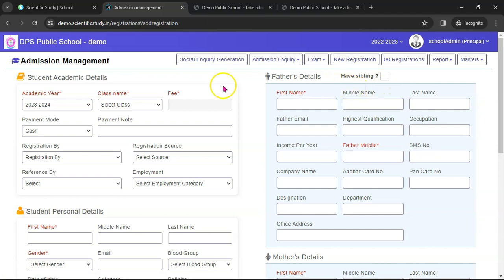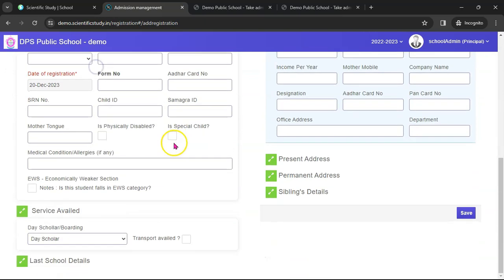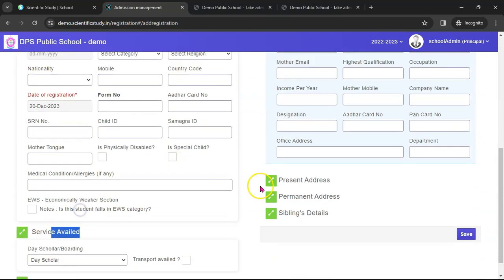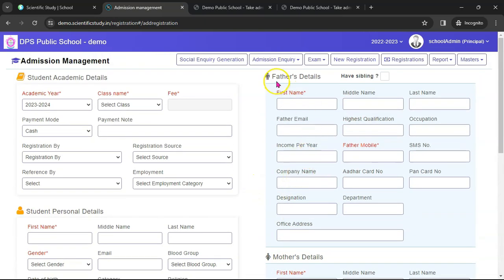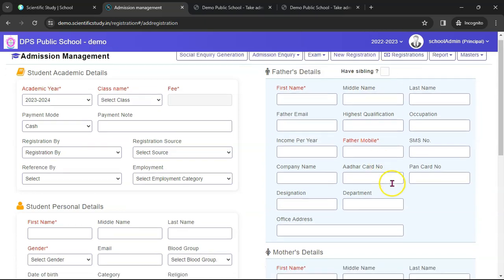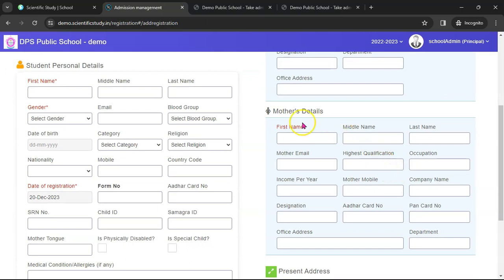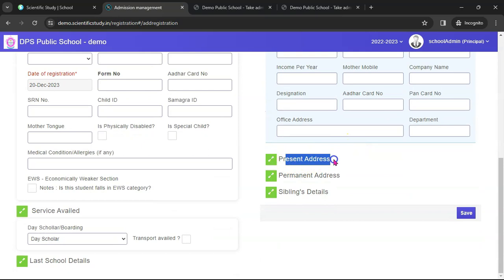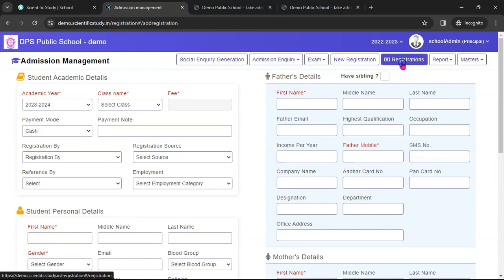In new registration, you have to enter the student's personal details, and then services availed. Number three, all the details of the father. In case this student has a sibling in the school, then you can enter all the sibling details here. But let's make it simple. You can enter the details of the mother here. You can enter the details of present address, permanent address, and sibling details. Once you enter all these details, they will come